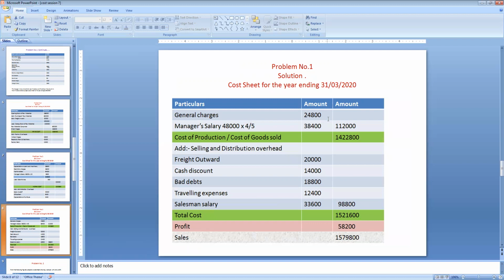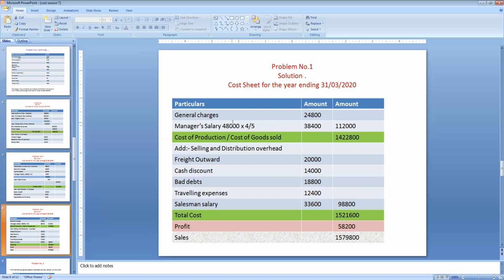General charges are given 24,800. Manager's salary, we know that out of 48,000, 4/5 has to be shown in the office, that is 38,400. Total together, it is 1,12,000. So this 1,12,000 is the total